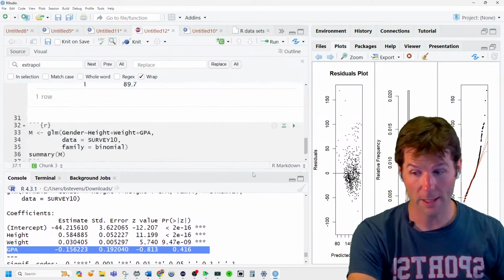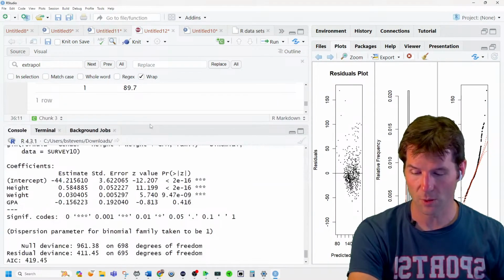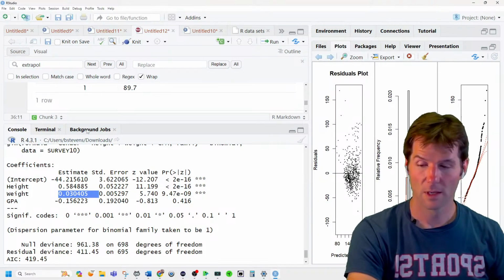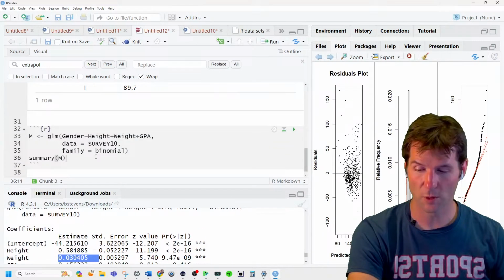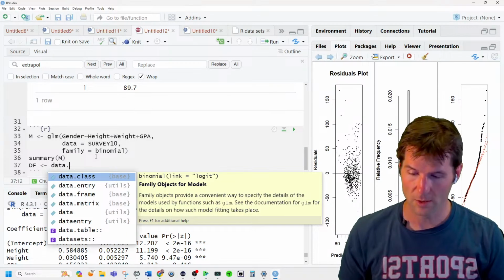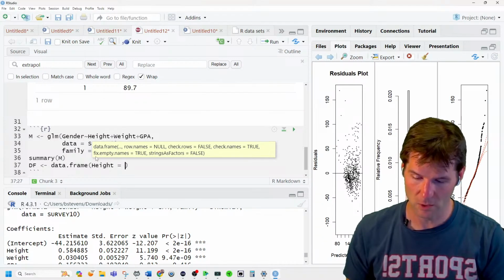So make sure you know how to get coefficients. Coefficients are found by summary. You should know what all of these are, your coefficients. And you should know how to make predictions. You can also make predictions by storing a model right here, like data.frame, and do height equals 70. Here we'll do mine. 75 inches, weight equals